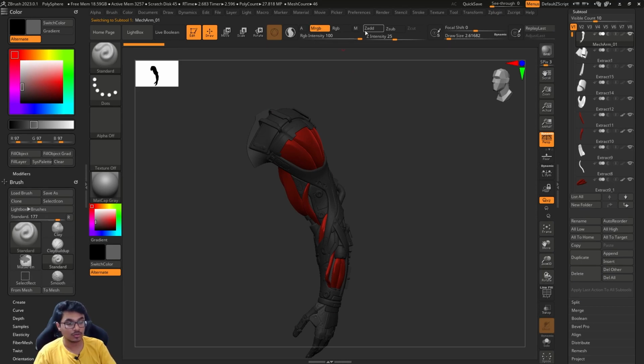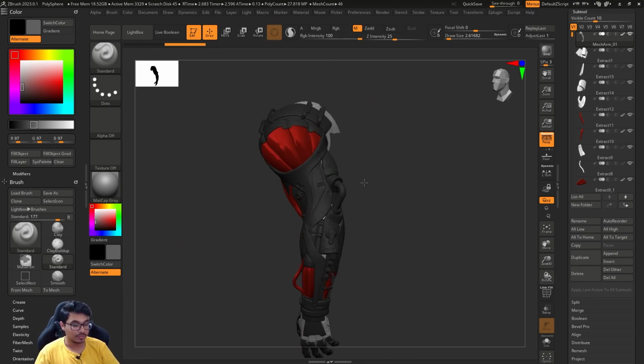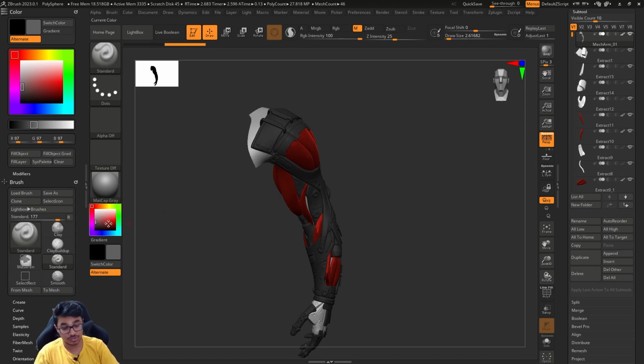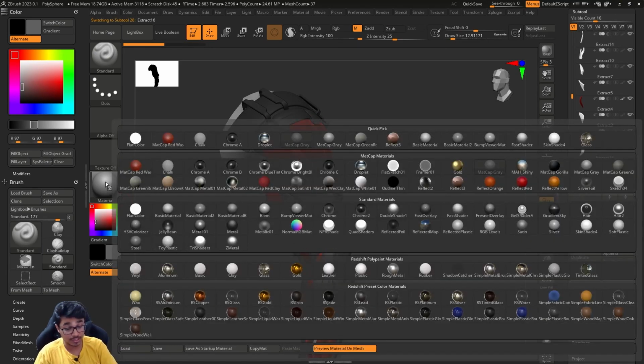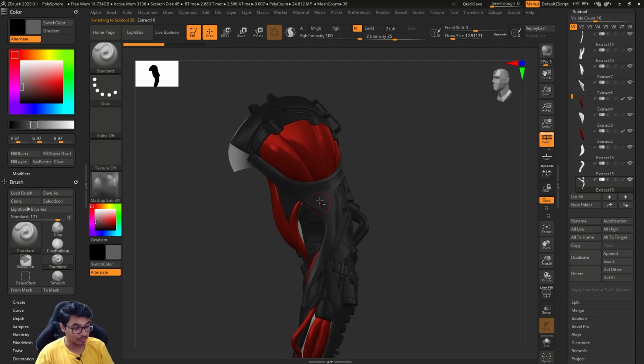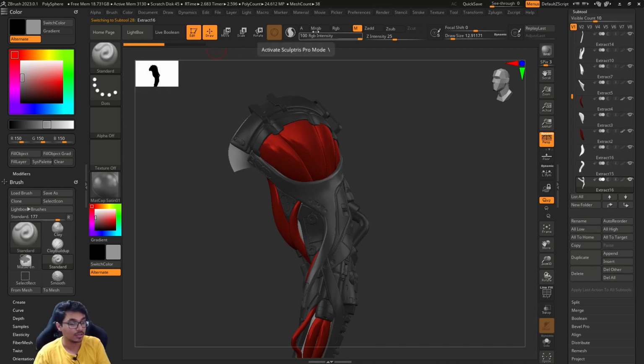Then you can again click on M or MRGB. M gives you the basic value of the color, which is white, and MRGB will give you the color value, which is which color you will be assigned. That's the key here. Okay, so these plastics will be a little bit glossy, but to find the perfect material, MatCap Shiny, why not? And make it a little bit, adjust it according to your taste, and on the MRGB,